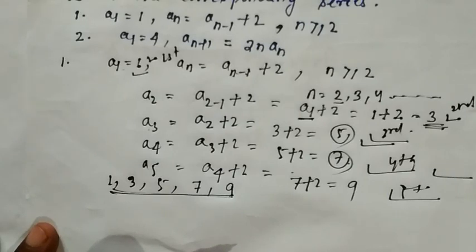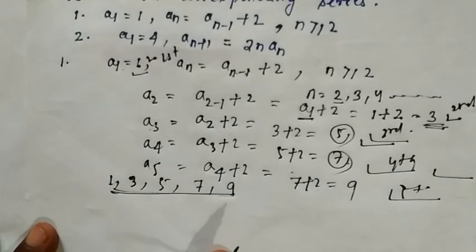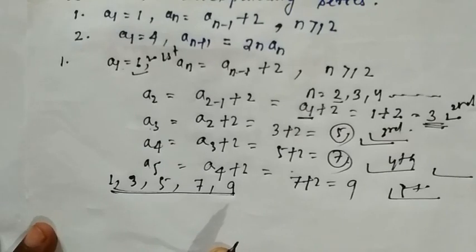Like the set of prime numbers. The set of prime numbers is an example of a sequence, but not an example of a progression, because you cannot directly calculate in the set of prime numbers. The nth term you cannot find. You cannot find the 50th term, 17th term, 80th term without writing the sequence.